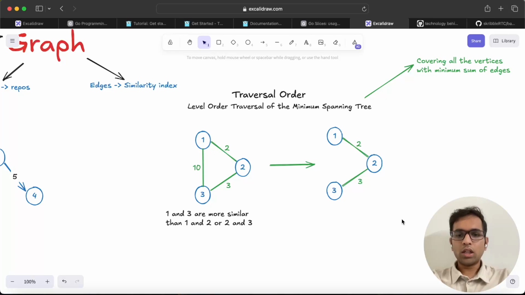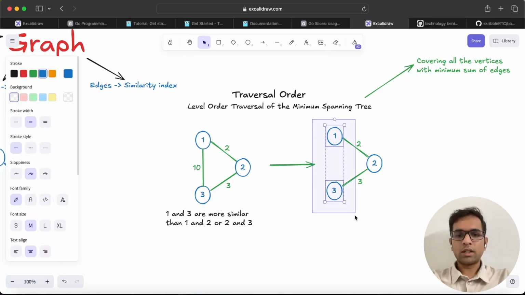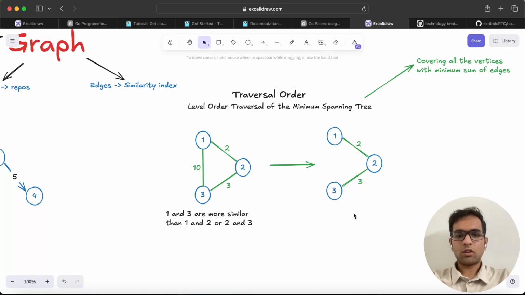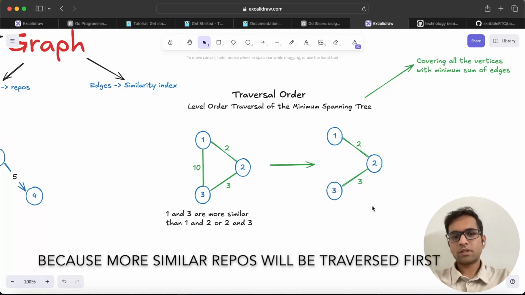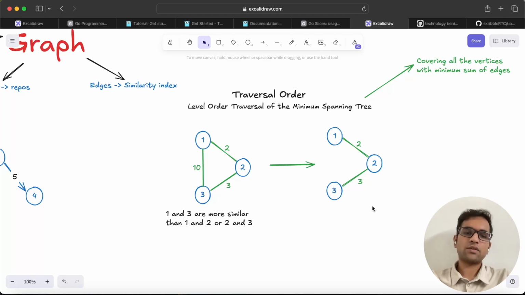So when we do a level order traversal, obviously 1 and 3 will be coming up on the same level, and then we will go to 2. That allows a more optimized way of traversal. Obviously, given the scale of repos that they have, the graph that will be formed will be huge, and that is why some approximation is implemented over here, and the entire graph is not traversed. Some approximation takes place, and that would further allow them to traverse along all the repositories